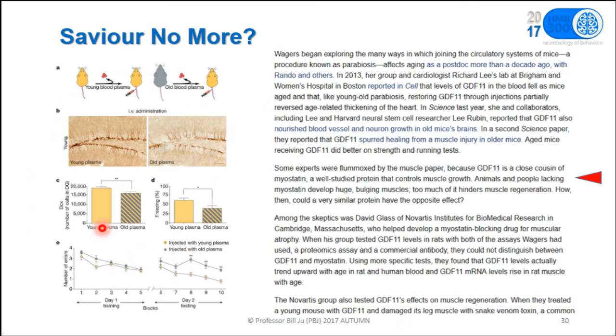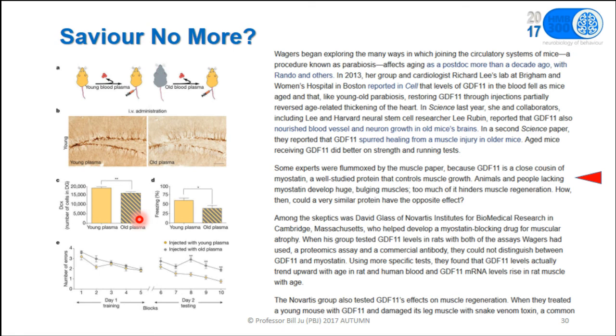Again, you don't have to worry about all of this here. It's just for you to kind of go back and take a look at. This shows you exactly the same things that I showed you on other slides. People have done parabiosis for a long time. People know that this is true. The problem is